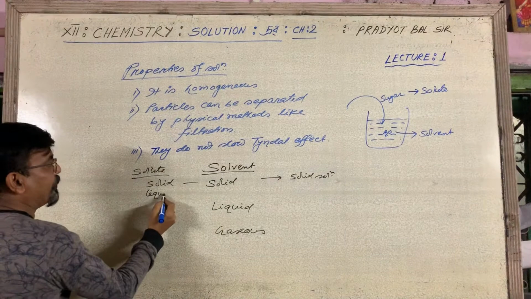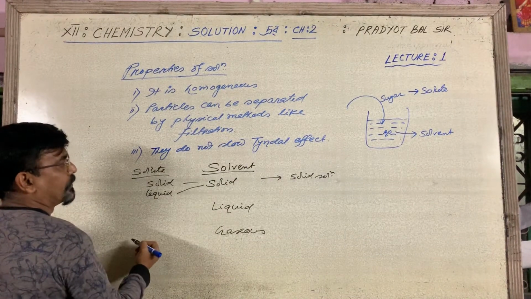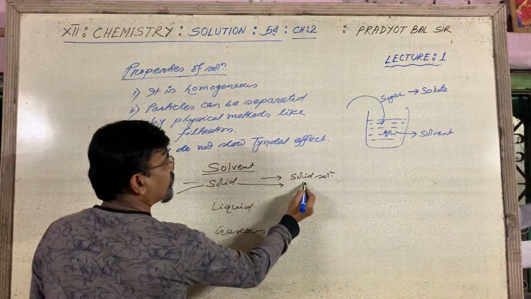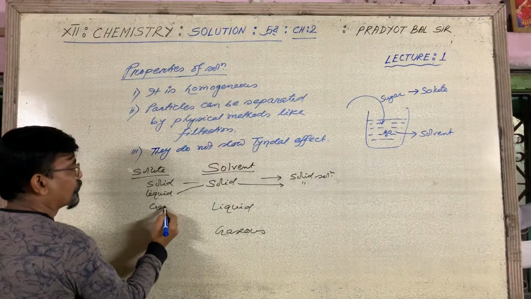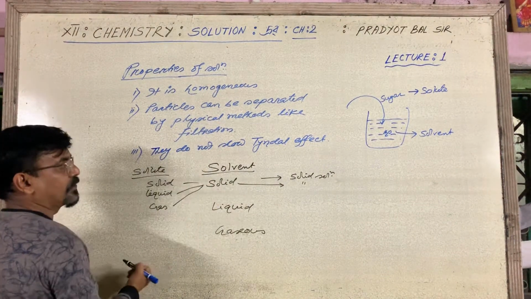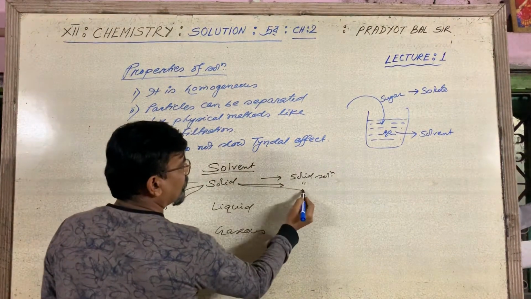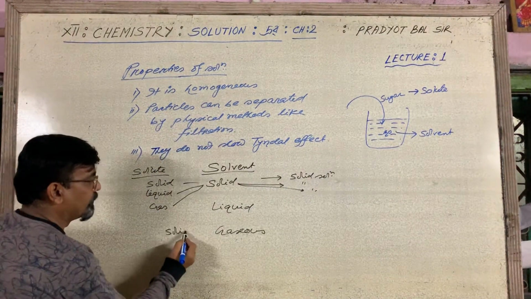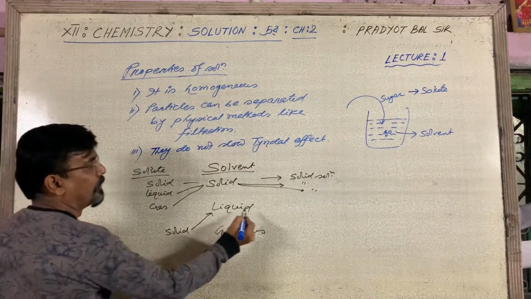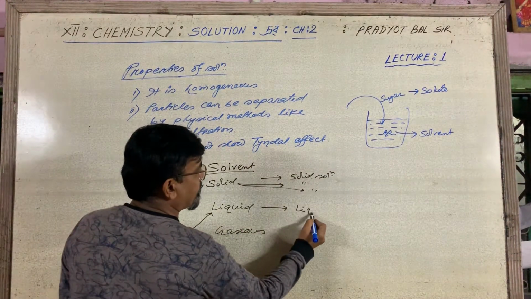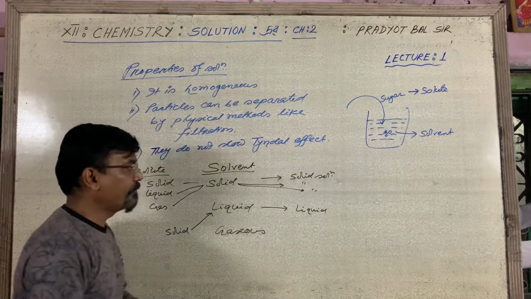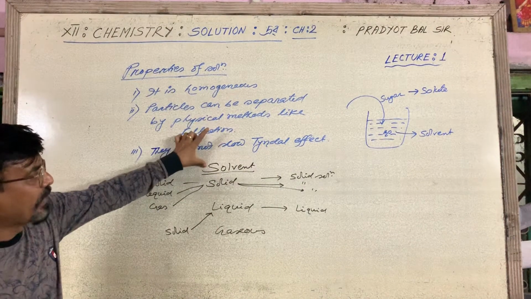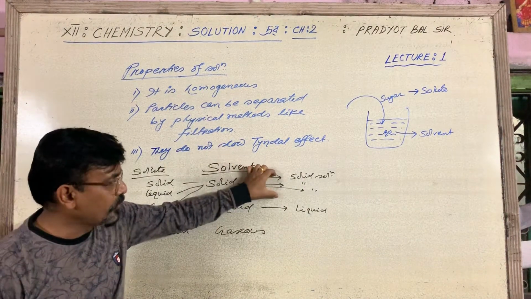The solute may be liquid, solid. That will be termed as again solid solution. The solute may be gas, but the solvent is solid. That will be considered as solid solution. Similarly, if there is solid and gets mixed with liquid, you are getting liquid solution. So I hope I have cleared you that depending on the solvent, you can classify as solid solution, liquid solution